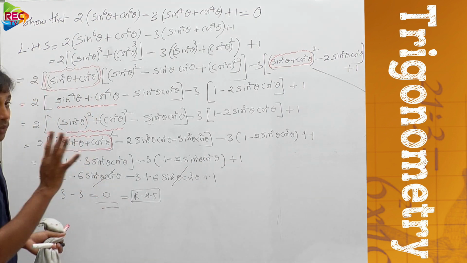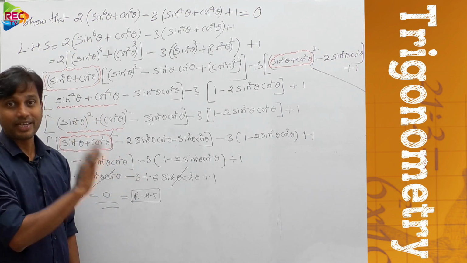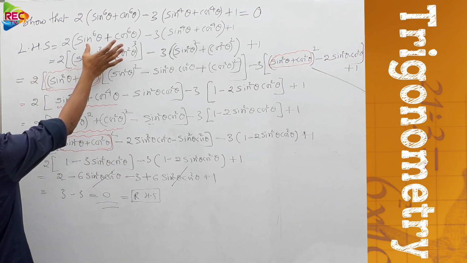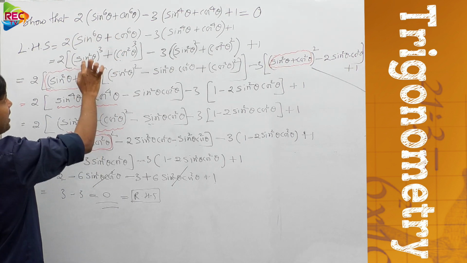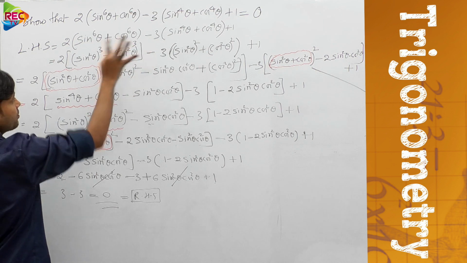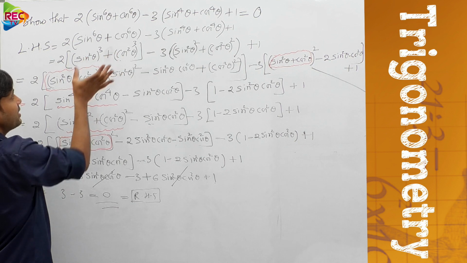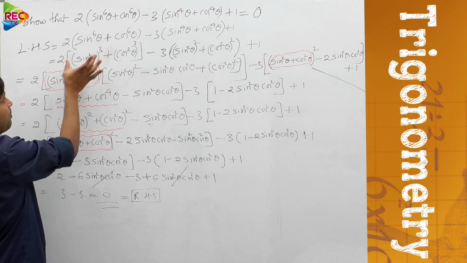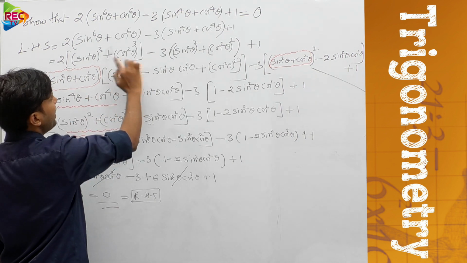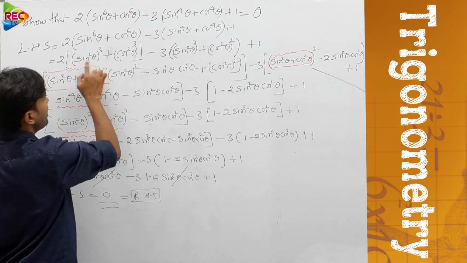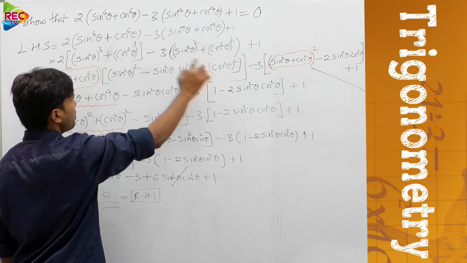Okay, so once again, for those who did not understand, I am once again explaining to you. Just see. Here sin power 6 plus cos power 6 is adjusted into sin square theta whole cube plus cos square theta whole cube, means this is in the form of a cube plus b cube, which can be further written as what? A plus b, that means sin square theta plus cos square theta, into a square minus ab plus b square, means sin square theta whole square minus sin square theta cos square theta plus cos square theta whole square.